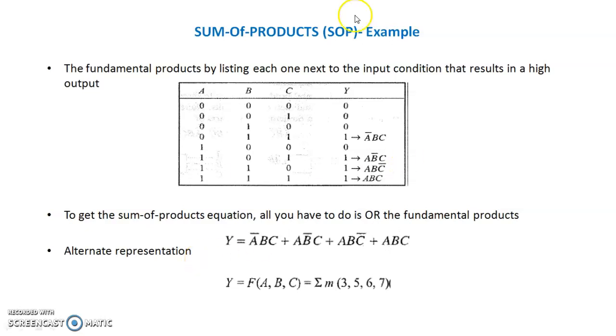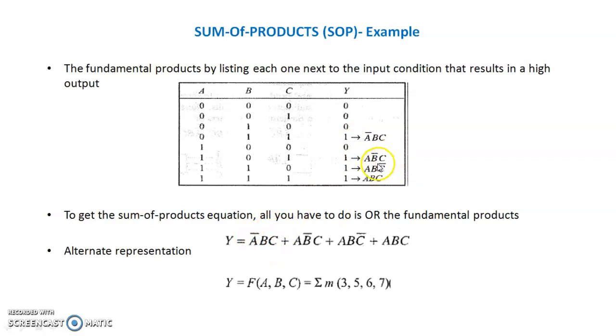In this truth table, for 0 0 0 the Y is 0, and for 0 0 1 it is 0. So like this way we represent that particular term. Suppose we have to consider the output 1: consider only those terms in the SOP expression where the output is 1. That time we write the expression for that term only where the Y output is 1. Here Y output is 1 when A is 0 and B and C are 1 1. So the expression is Y is equal to A bar BC, because 0 is represented by bar. So A bar BC means B and C both are 1 1 and the output is 1.